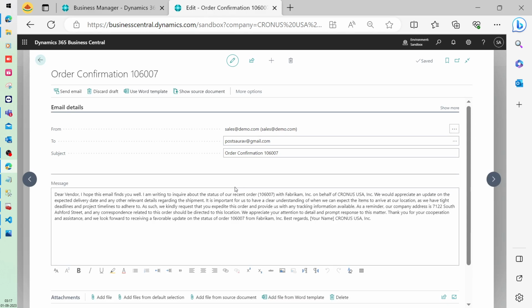Now it's not respecting the line that I've written around my HTML formatting, but it says, dear vendor, I hope this email finds you well, which is a typical line that it is using on each email with the new model. And I'm writing to inquire about the status of our recent order. On behalf of this, we would like to request an update, the expected delivery date, when we expect our location, we have the deadline and project timeline to adhere to. As such, we kindly request you to expedite it. As a reminder, our company address is this and correspondence directly to the location. We appreciate your attention. And at the end, it kind of leaves it blank for you here, your name as Kronos USA. It does say your name, but